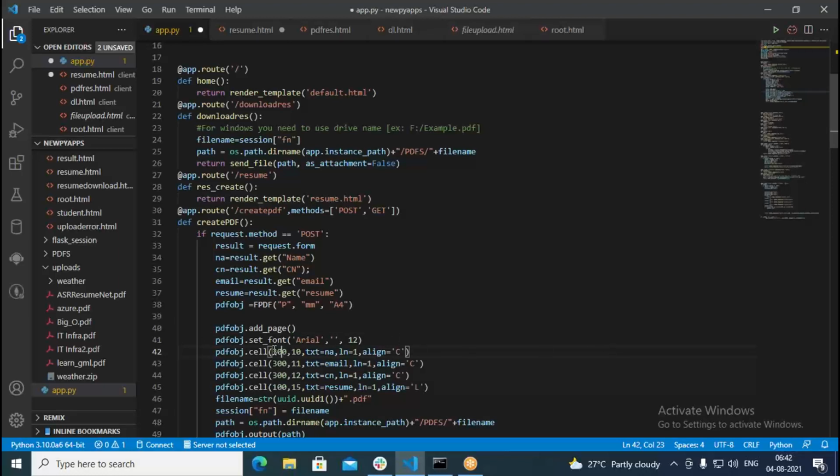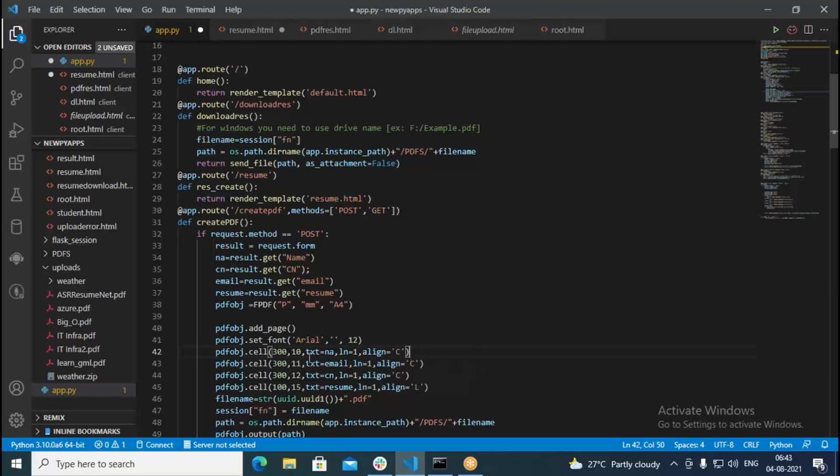This is X on the PDF page, X coordinate 300. Then this is exactly line number 10. In line number 10, I'm writing text equal to NA. So it's going to type text. Then ln equal to 1 means in the next line, it goes to the beginning of the line. For that purpose, we use align equal to C. C is nothing but center. In the center, we are going to align it. So this is the first line.